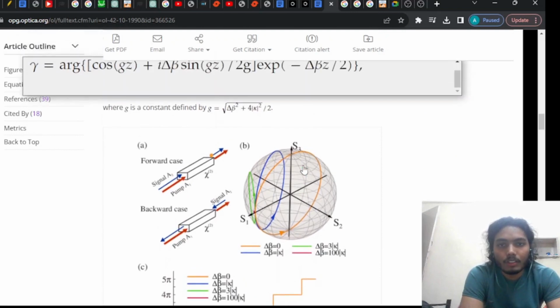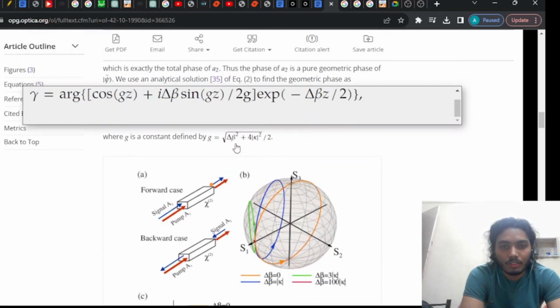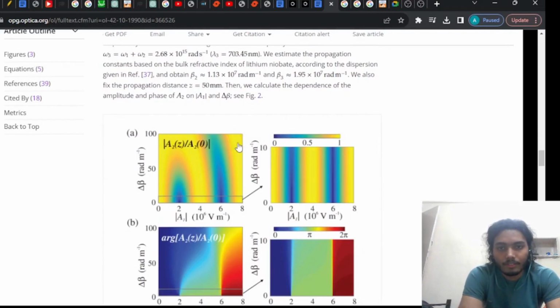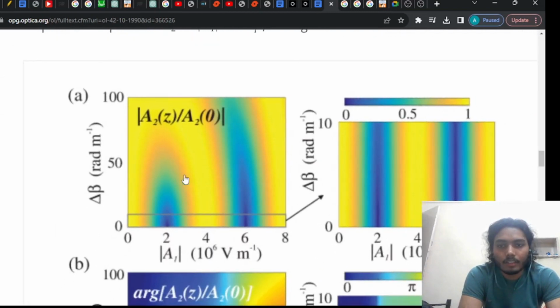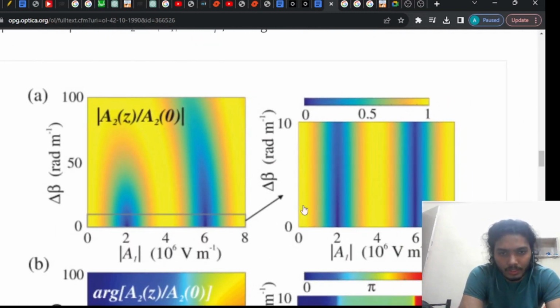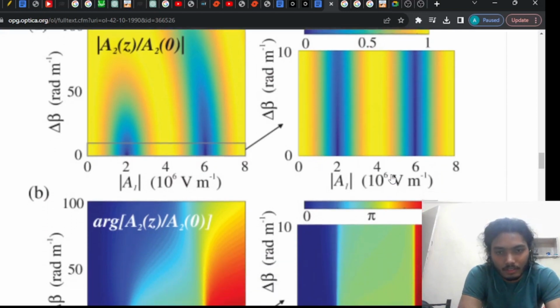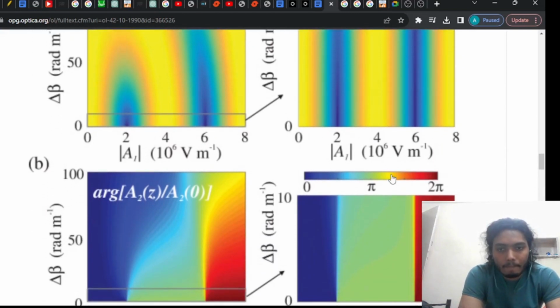And when we plot this A2 as a function of the mod of the pump amplitude and this phase mismatch, we'll get this graph. And this graph is just a zoomed version of this original graph. We are looking at a small delta beta, that is small phase mismatch. Here we can see that there is some periodicity,